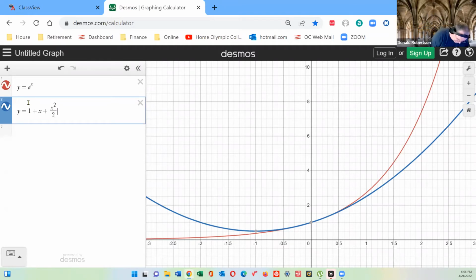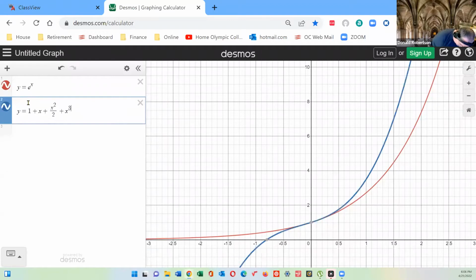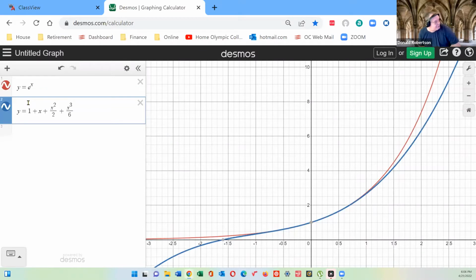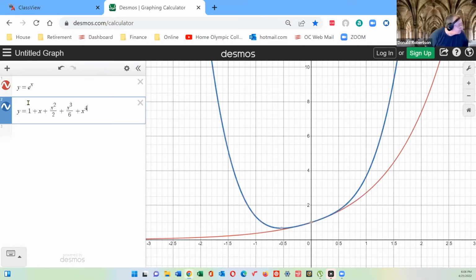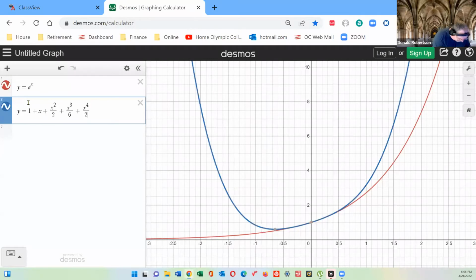If I add the next term, which is x cubed over 6, oh, it's fitting even more. If I add the next term, which is x to the 4 over 24,